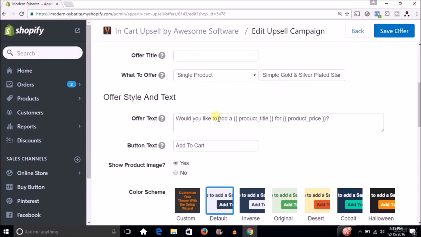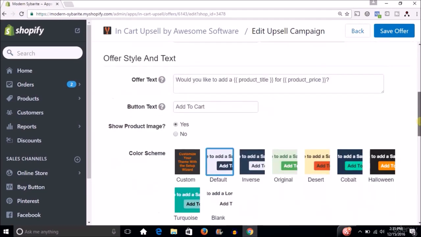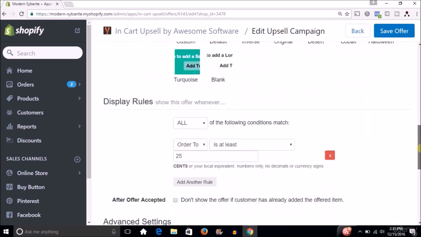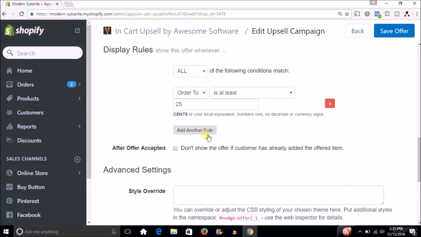So here's the offer text. Would you like to add? And then this is back with this liquid variable again for product price, and that's already in there. So really, this is all set up and ready to go. And you got display rules. If order is, basically I just have, if order is at least 25 cents, then go ahead and display this in in-cart upsell,